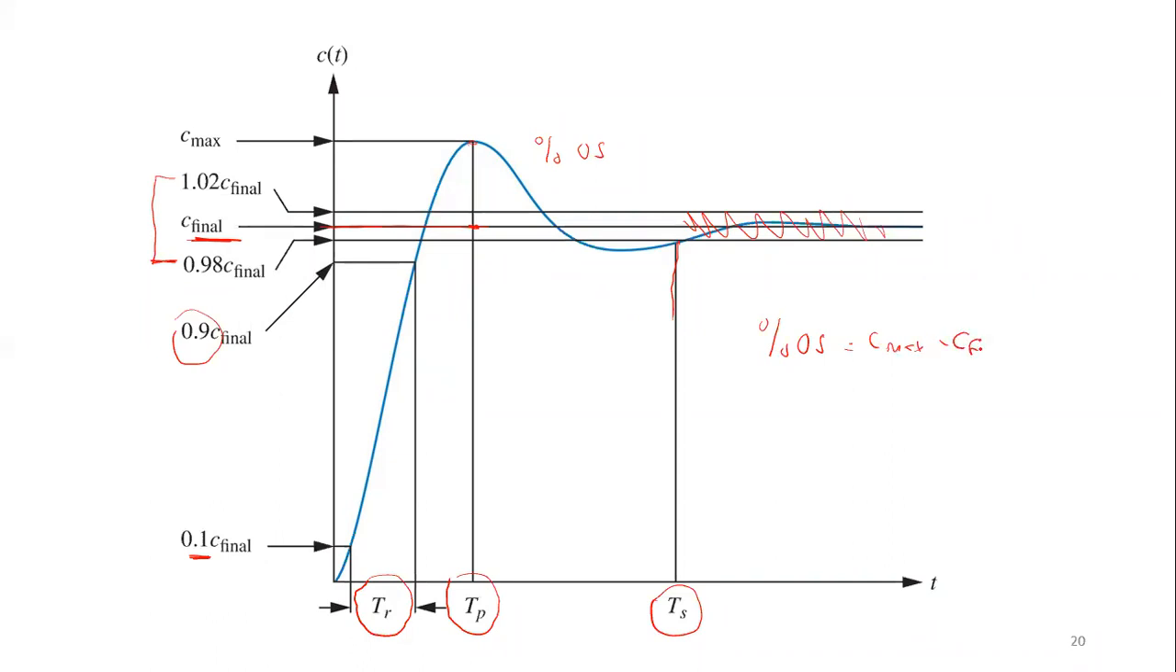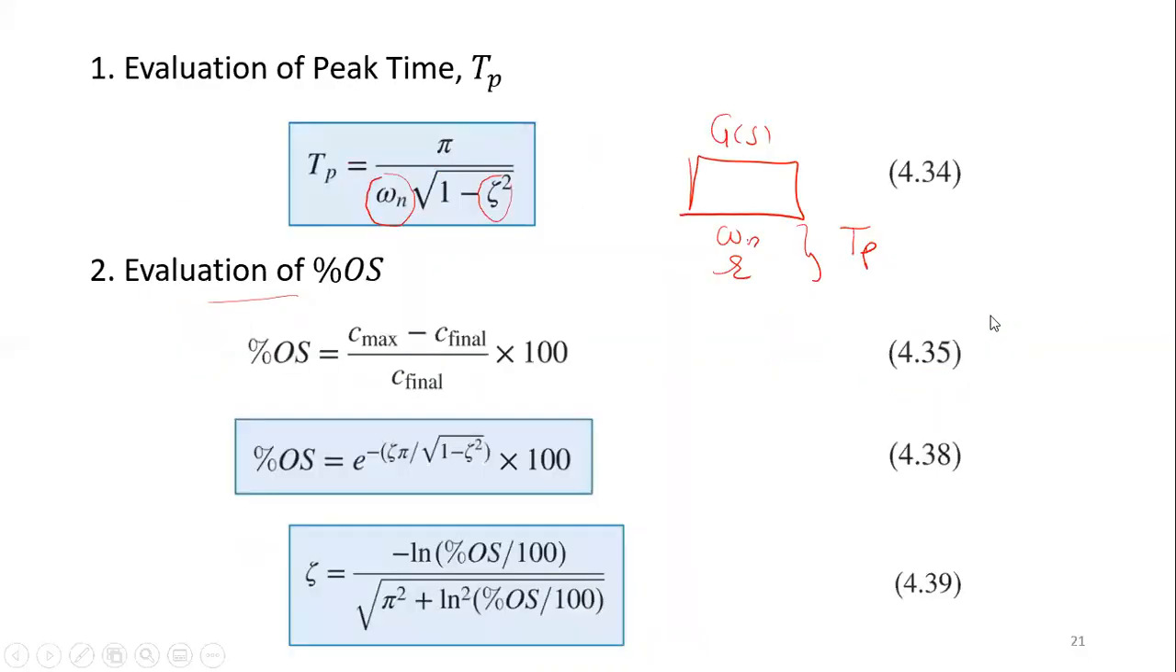This is C over C final. If it is percent, you have to multiply by 100. There is also another formula to help you find percent overshoot. In control engineering, you don't have to worry about how the formula is derived. You just use